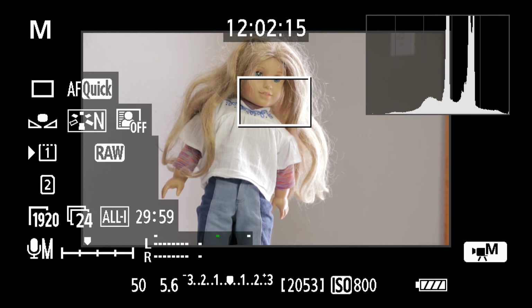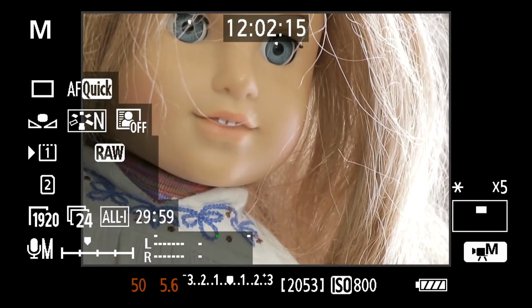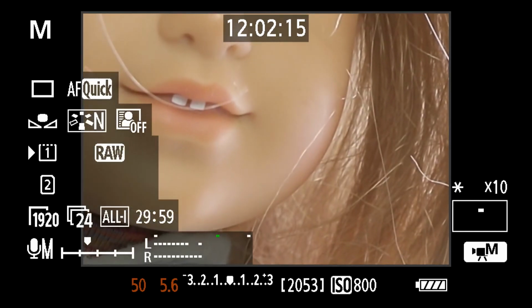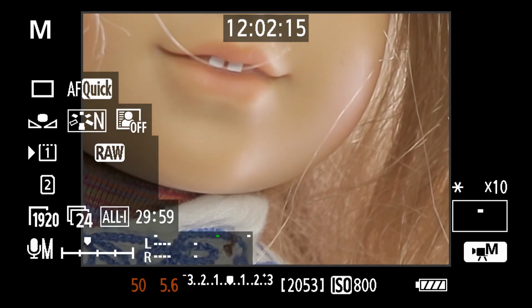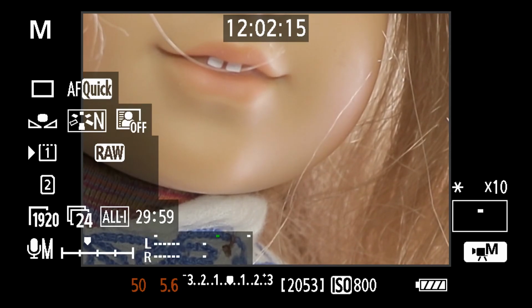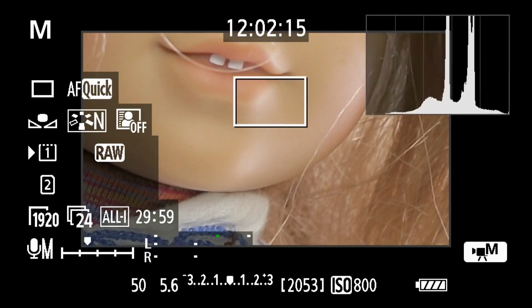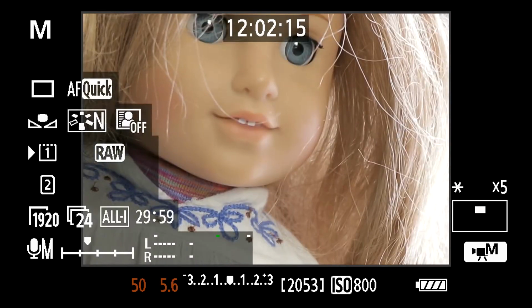So basically, if we zoom in, and we're still at 5.6, you can see that the lighting has definitely changed. We got more light along her jawline. And if she had actual pores on her plasticky skin, we would be able to see detail there. And when I zoom in 5x,